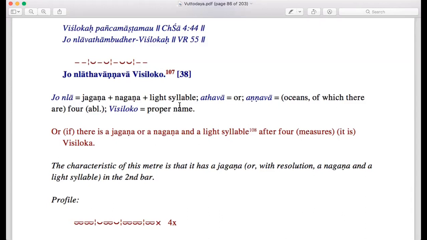We consider that Nagana has 4 light syllables and another light syllable is there after Nagana. So that's not a problem for the measure count of the verse. So Bhante, according to the Venerable Ananda Jyoti, the Nagana and the light syllable here is basically just the Nagana, and after that it can be a heavy syllable, right, Bhante? Yes. But then that is not in accordance with the Myanmar tradition.